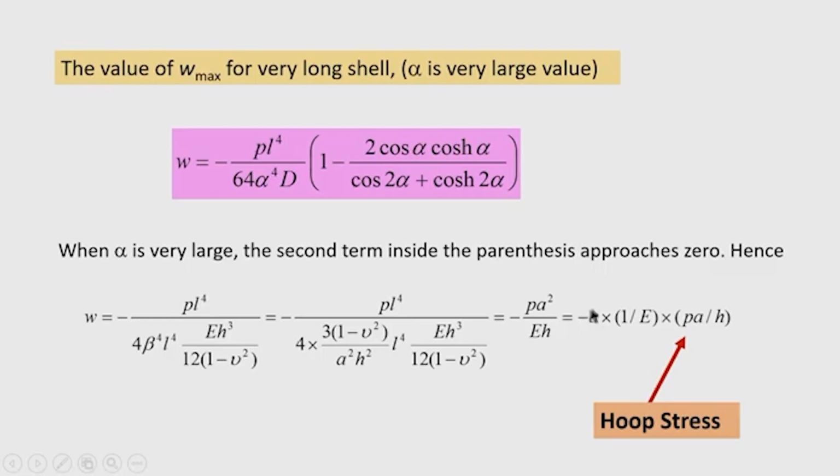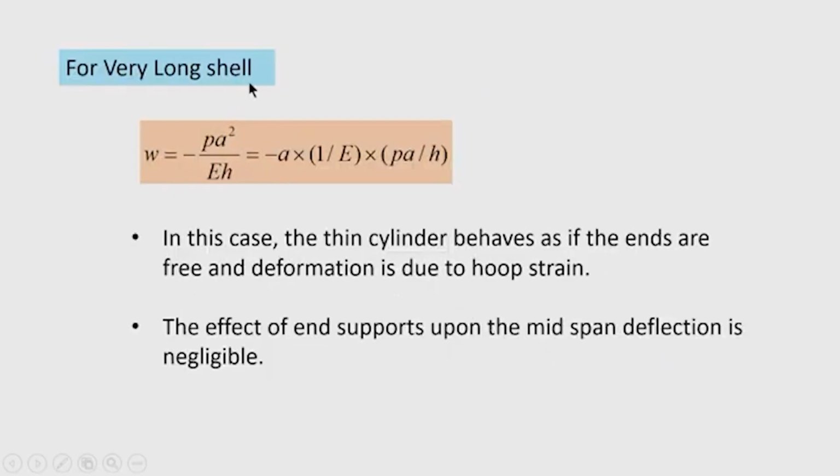So, that is the radial deformation. You can see that the W that we get here for a very long shell is nothing but your membrane solution, P s square by E h. So, for a very long shell we now conclude that W equal to minus P s square by E h,